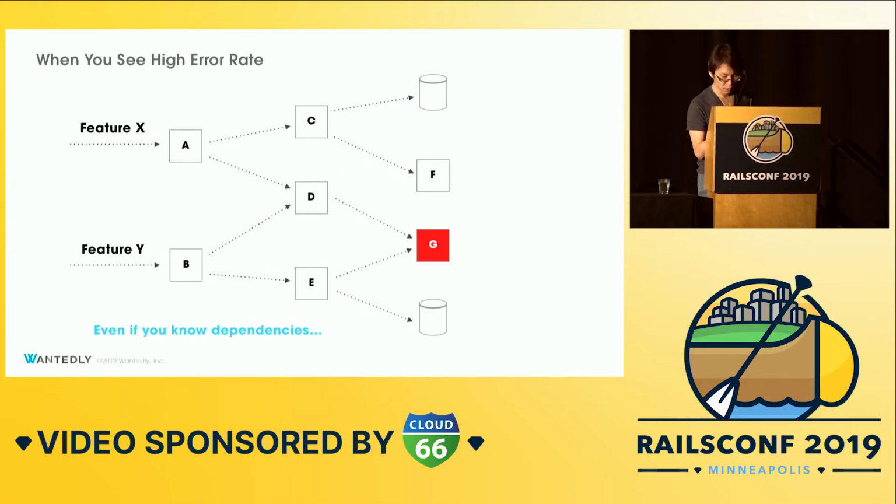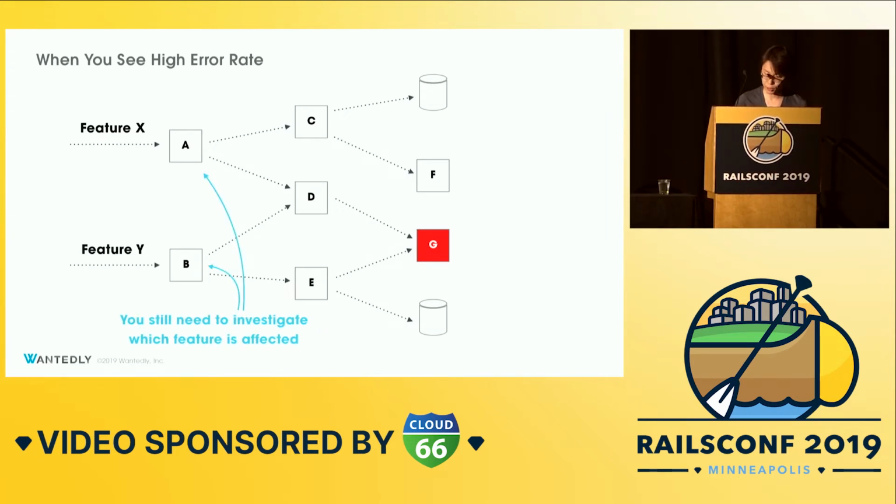And even if you have a knowledge of dependencies, it's too difficult to tell its implication to users because it could be called from feature X or it could be called from feature Y. So when something goes wrong, you want to know exact user impact. You need to understand which features are affected. Maybe feature X is not that important, while feature Y is much, much more critical to users. So if there is any issue with feature Y, you want to fix it as soon as possible.